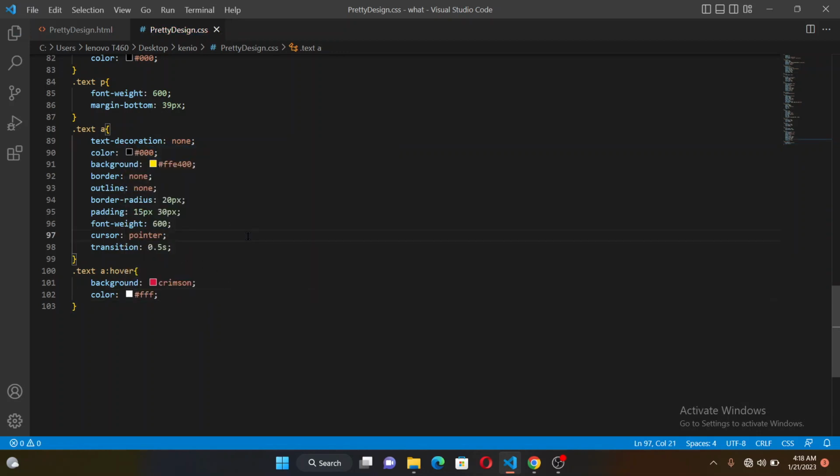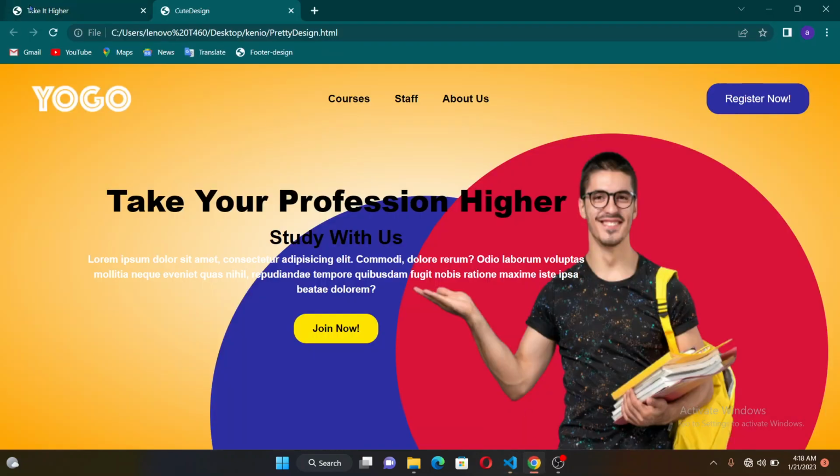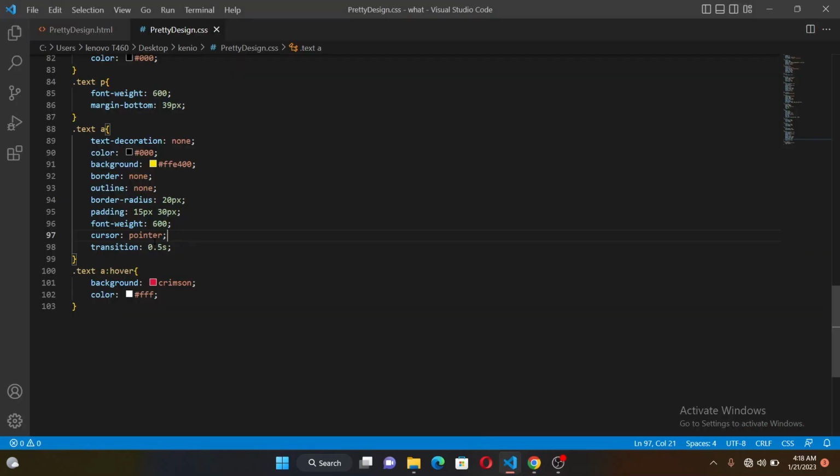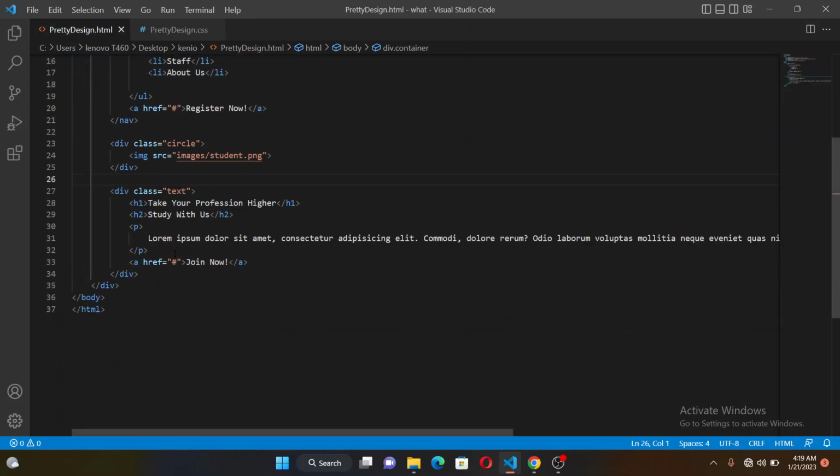Let me save these changes, and I come back to refresh the page again. Now you can see there is a beautiful delay, which is 0.5 seconds. We added this line of code, the transition, some delay, over the anchor tag. So what I'm going to do, I'm going to come back to this HTML file, and